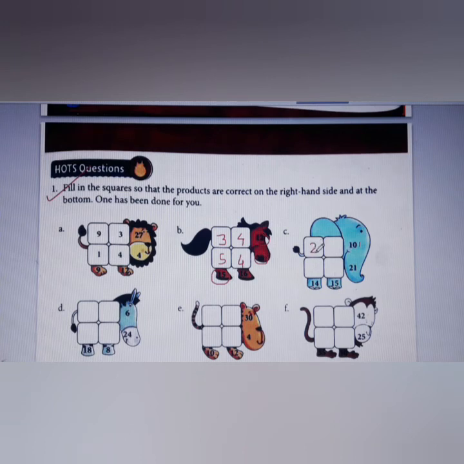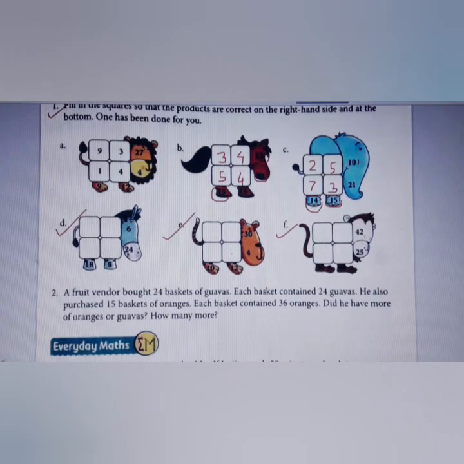So this 10, 21, 15, 14, all these are what? Product. So we have to think of multiplicand and multiplier. So you know 2 5s are 10. Now what will I multiply with this 2 that I get 14? So you just recall the table of 2. You will get 2 times 7 gives us 14. Then how many times 5 will give us 15? 5 times 3 gives us 15. So this is how you can do the rest. Think over it.